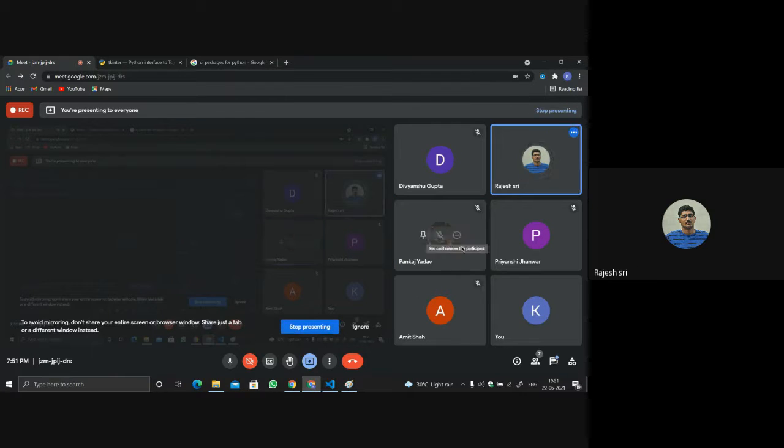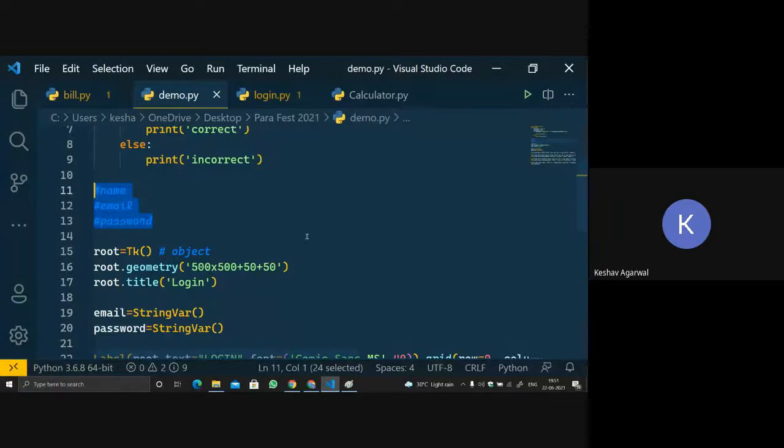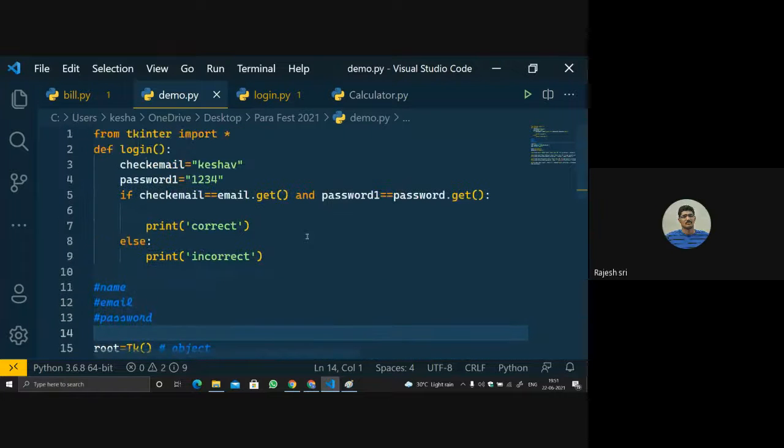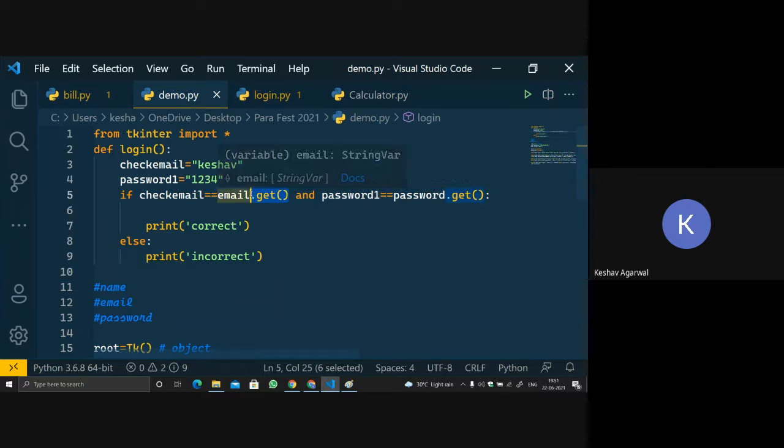Keshav, sorry, I was a bit delayed actually. Can you please go to the script, the one that you showed me? Can you just explain that get function? I was away during it actually. Okay. See, when you write only email, this is used for only the one email, that you are writing a function for, executing when you click that button. So I already used two variables to check.